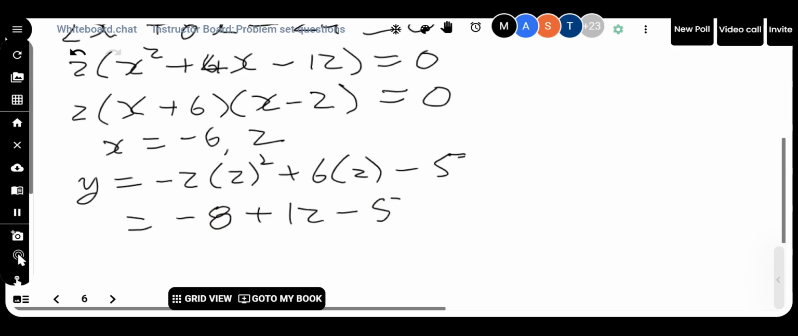Let me double check that. You know, I make mistakes sometimes. 2 minus 8, and 6 is 12. Okay, so minus 13 plus 12 should be minus 1. All right, that's what I'm getting. So that would be 4, minus 1. So I have 1 point